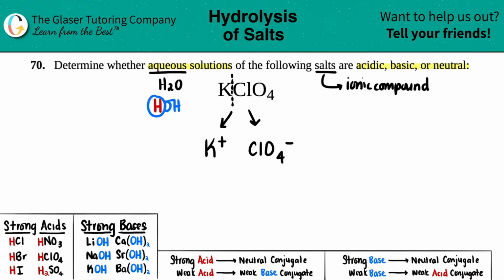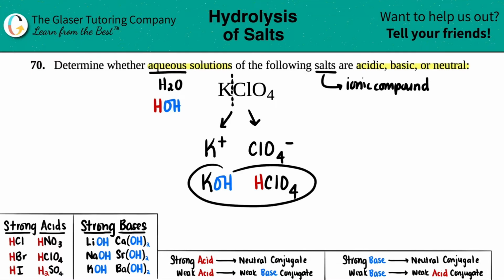The acidic H is going to want to hook up with the negative. So just know that the H always goes with the one in the back, the negative charge. And the OH, since that's negative, opposites attract, it goes to the positive charge. So I'm just going to write down what that's going to make. So this would turn into K and then OH. And then the back one would be HClO4. These are the compounds that we're going to be looking at and discussing to figure out whether our salts are acidic,